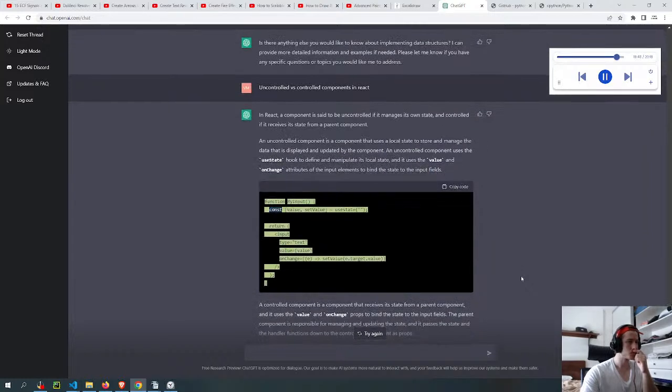function MyInput() { const [value, setValue] = useState(''); return <input value={value} onChange={e => setValue(e.target.value)} />; }